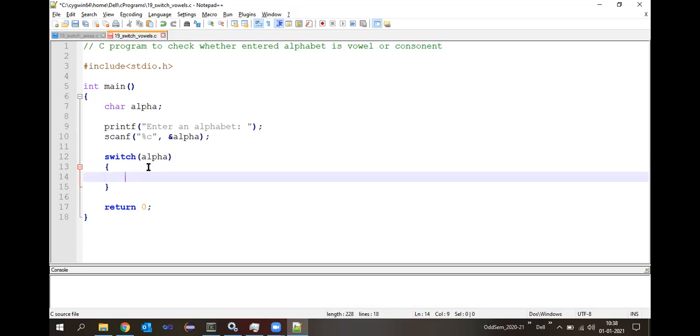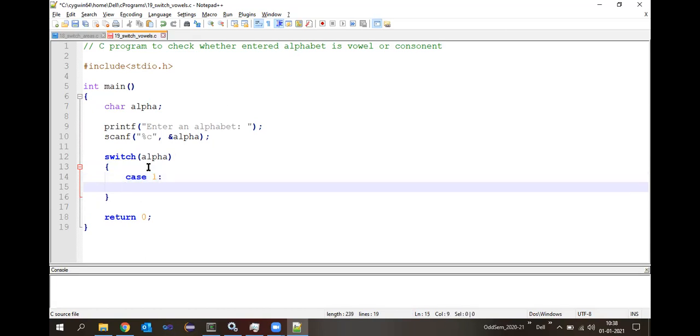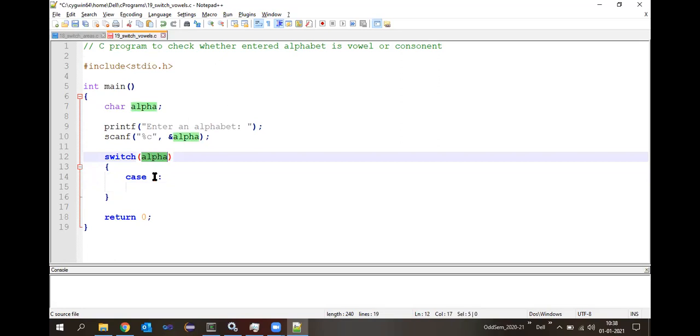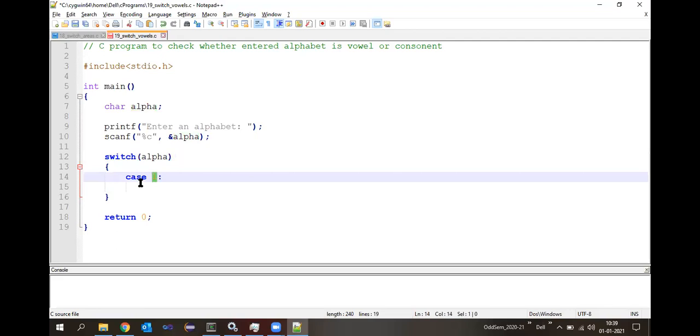Okay, then accordingly we need to construct our cases. Now here, should we go with case 1 as we did earlier, or should we use something different as the label value? Something different, isn't it? Now here the expression value is going to be what? A character, right? The data type which belongs to a character type. Alphabets, it could be A, B, C, D up to Z, lowercase or uppercase, any one character we are going to enter. So that value we need to match with the label of the cases.